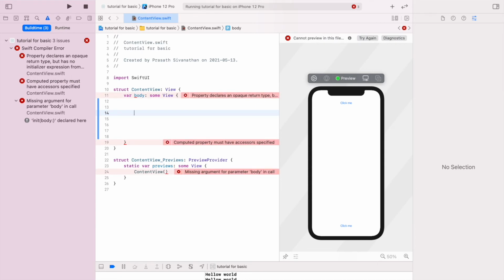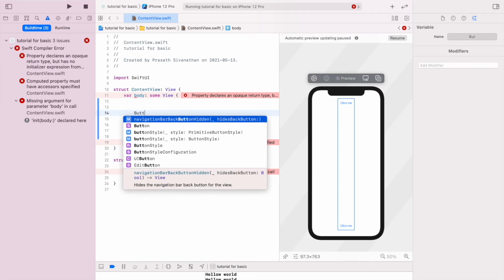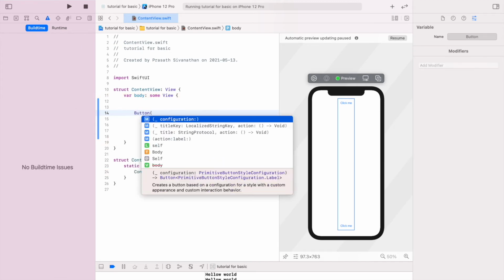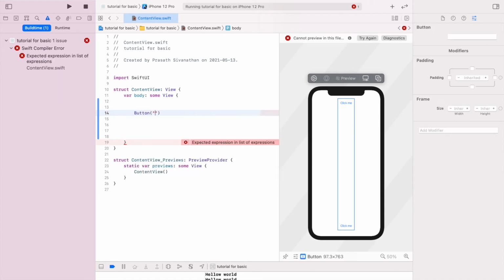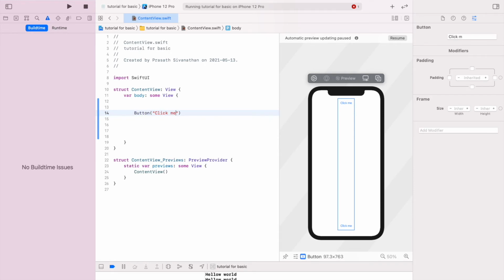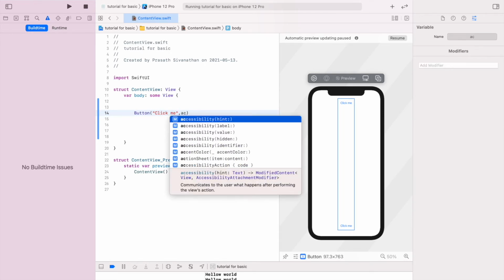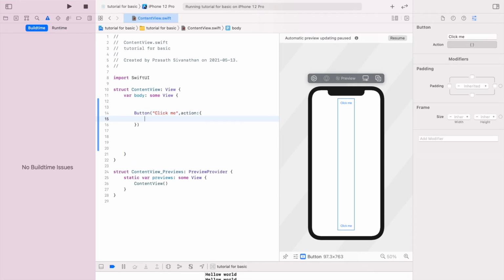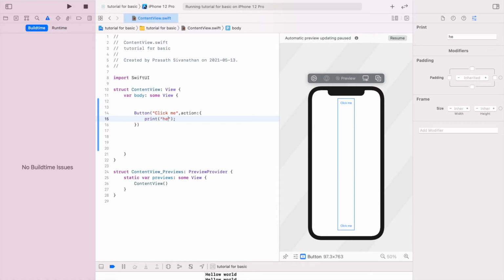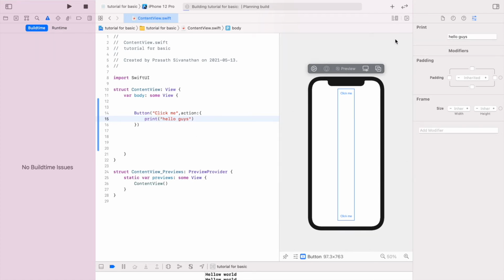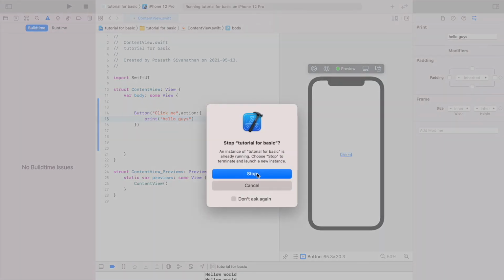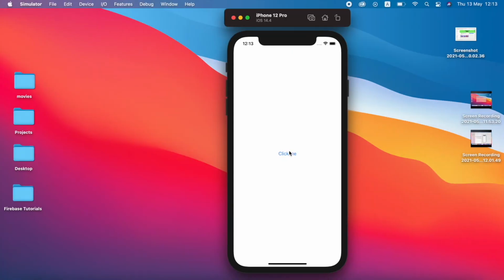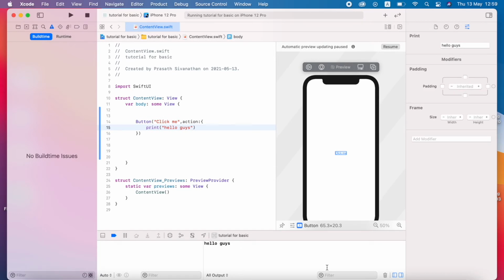So let's see another way we can initialize the button. This method is called closure.